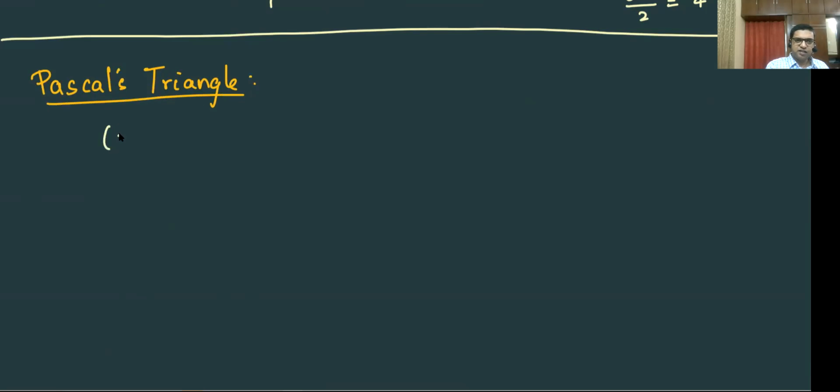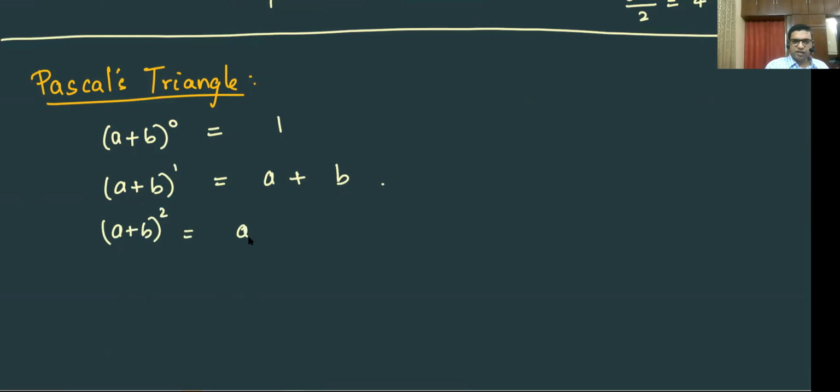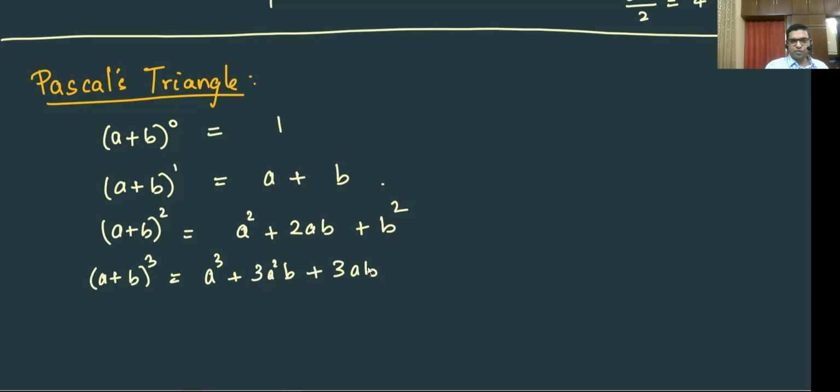For that, understand this: (a+b) to the power 0 is 1. (a+b) to the power 1 is a plus b. (a+b) squared is a squared plus 2ab plus b squared. (a+b) cubed is a cubed plus 3a squared b plus 3ab squared plus b cubed. Then (a+b) to the power 4 is a to the power 4 plus 4a squared b, sorry, a cubed b